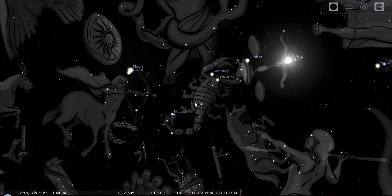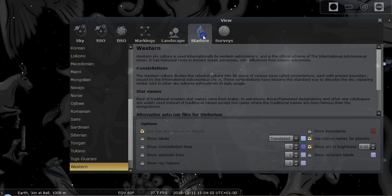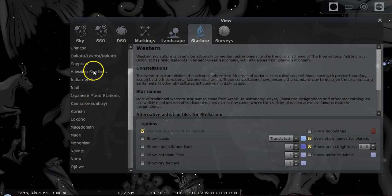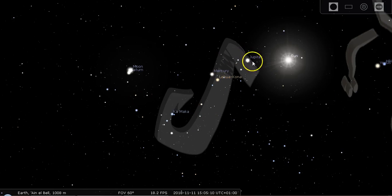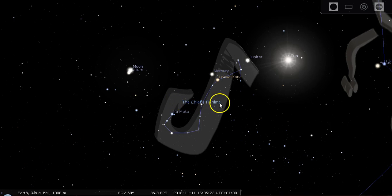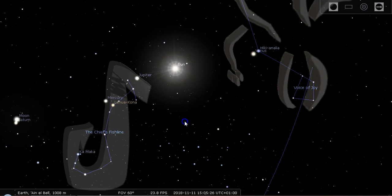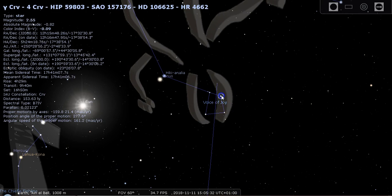I am really wanting to get into a lot of the different star lores with everybody. When we go into some of the South Americans, we don't have very much of that here. Hawaiian star lines, I'm curious. A lot of them do not have the pictograph. Oh, check this one out. We have a big serpent here, Lhuacona. Let's throw up some. There we go. The Chief's Fish Line, by hook or by crook. Oh, Voice of Joy. This would be